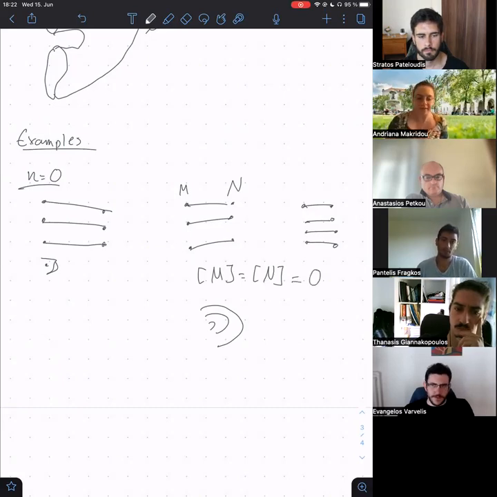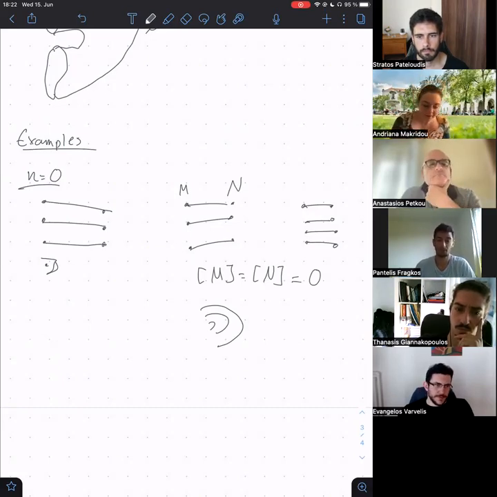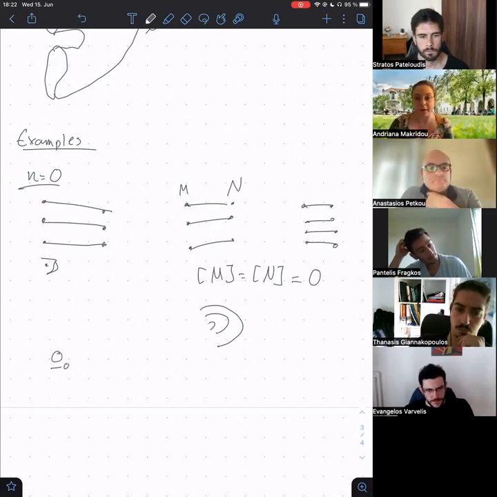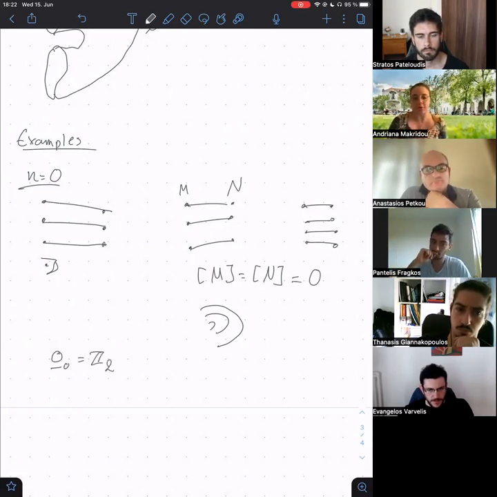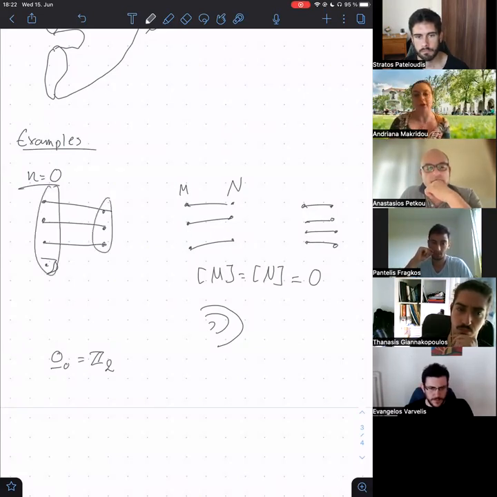On the other hand, since here we clearly have 2 sets of manifolds that are in different equivalence classes, we can immediately conclude that omega 0, the cobordism group of 0-dimensional manifolds, has to be Z2. One class corresponds to the trivial, and the other one corresponds to an odd number of total points. The trivial one is an even number of total points.